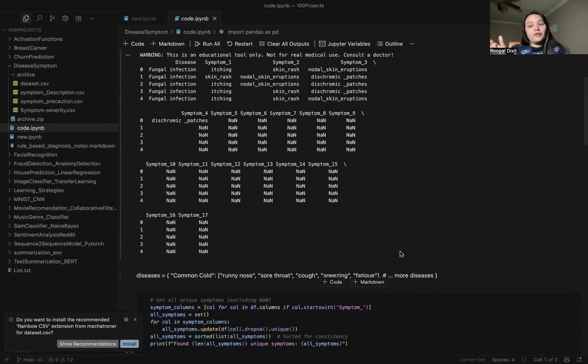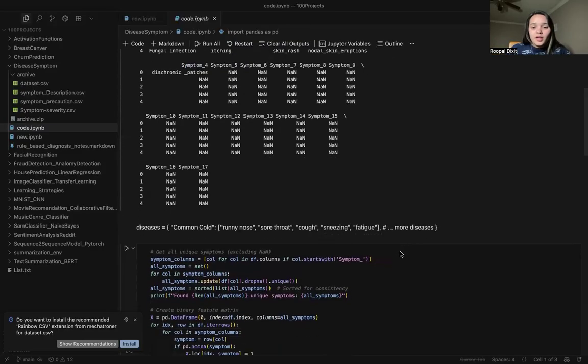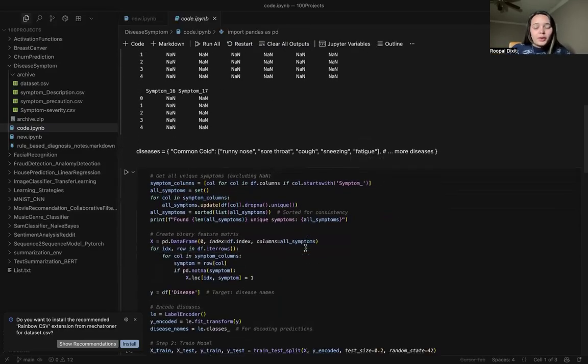So if out of 17 you are giving only four pieces of information and not the remaining 13 symptoms, there is a chance that it will discard them, will not be able to train very nicely, and will say that there is no problem or no disease to be detected. So this is how it is going to be.